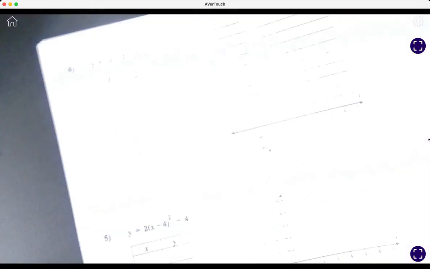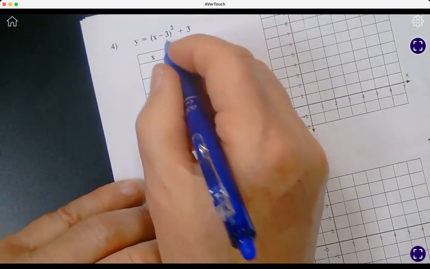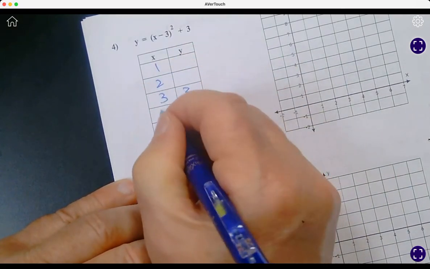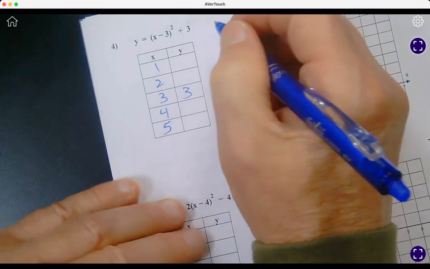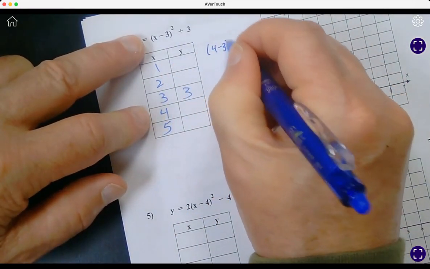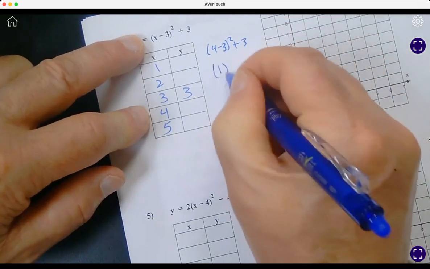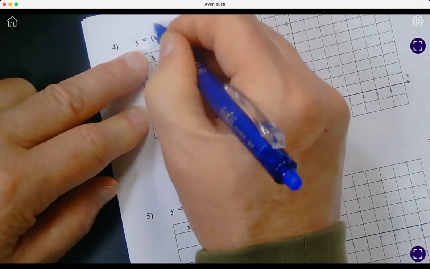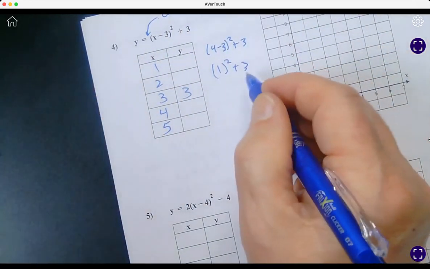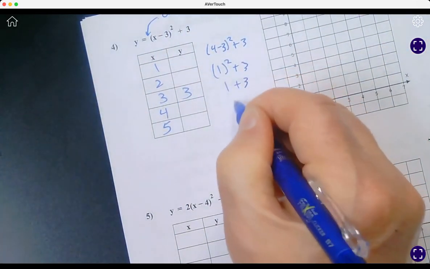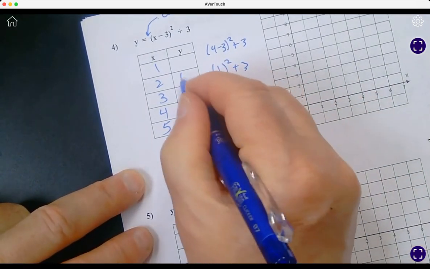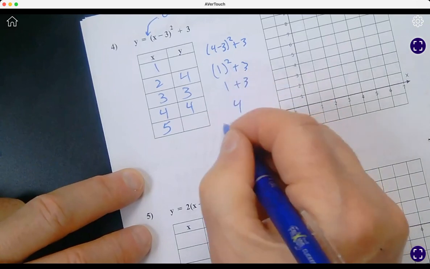Again, let's do it. The vertex, opposite of negative 3, is 3 comma 3. Put in a 4: 4 minus 3, squared, plus 3. That's 1 squared plus 3. Notice you don't have an a value, so that means there's an imaginary 1 there, right? So this is going to open up. By substituting in a 4, I got out a 4. Substitute in a 1,